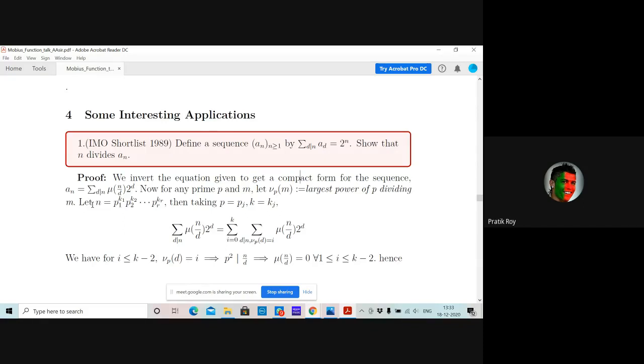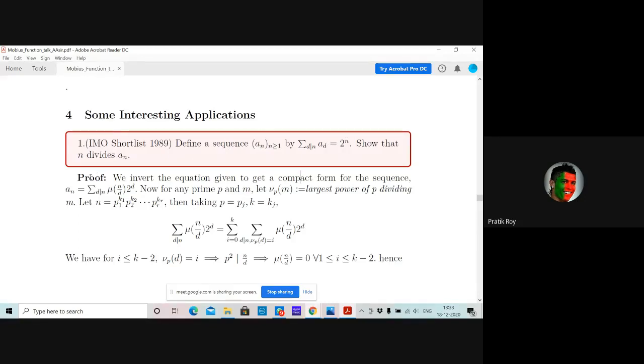Then it is also a function from the set of natural numbers. Any sequence of complex numbers is a function from natural numbers to the complex set. So it will also be an arithmetic function. Okay, so we have arithmetic functions in the right way that we needed to apply the Mobius inversion formula, and we did so,